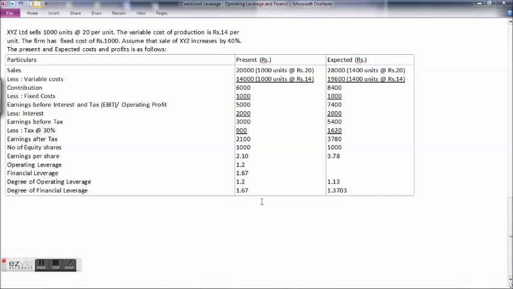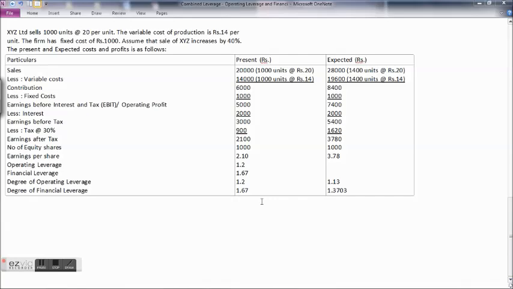So earning after taxes 2,100, 3,710. Number of equity shares is 1000. Earning per share is 2.10, 3.78. Then we have given operating leverage, okay, so 1.2, financial leverage is 1.67, and then degree of operating leverage and degree of financial leverage is given